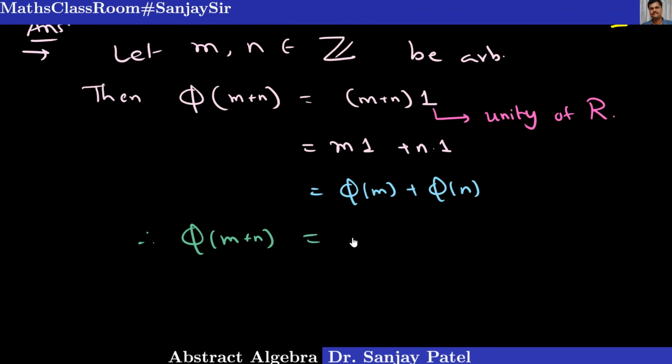So this thing is proved. And this is true for every m and n, because m and n are arbitrary elements of the domain. So the first condition is proved. For the second condition,